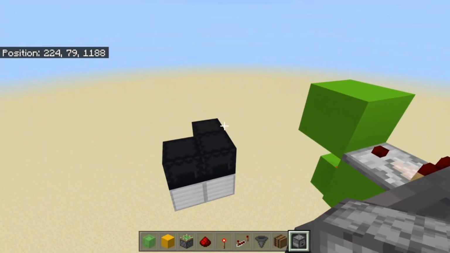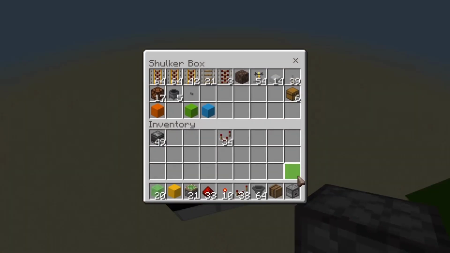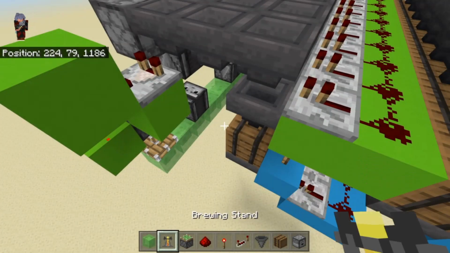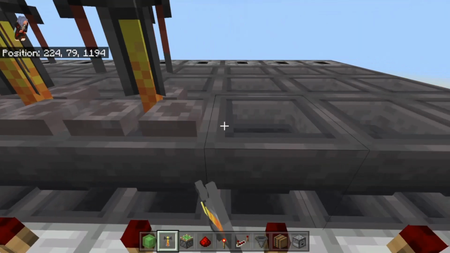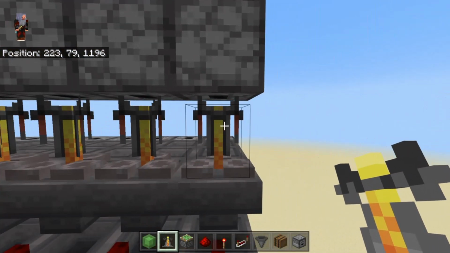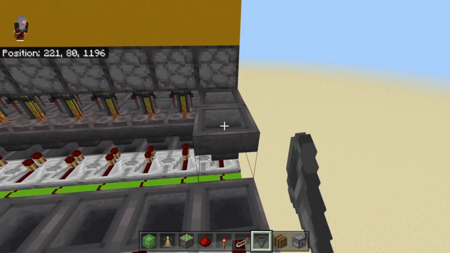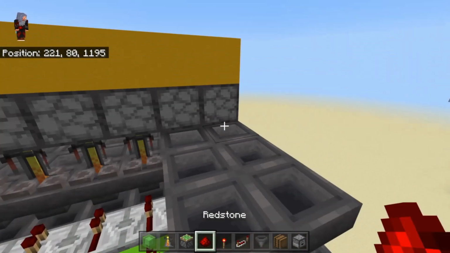At this point, it would be good to grab your brewing stands and make sure you have a lot of blaze powder, because I recommend filling them up completely so that you can utilize them for longer. These aren't ready, these aren't prepped, so what we're going to do next though is we're going to take off the side, go over 3 more on every single row, and then from here